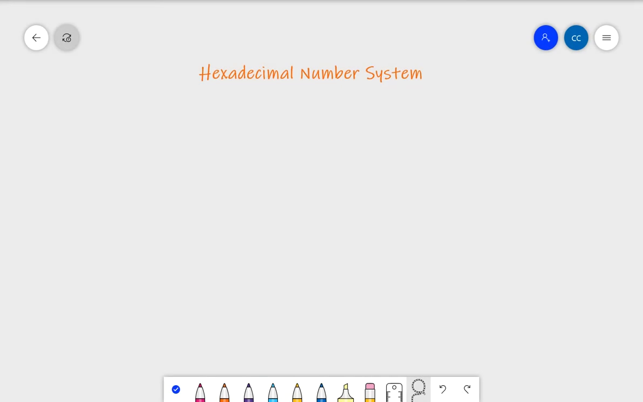The hexadecimal number system is a base 16 number system, which means it's got 16 symbols, and the symbols